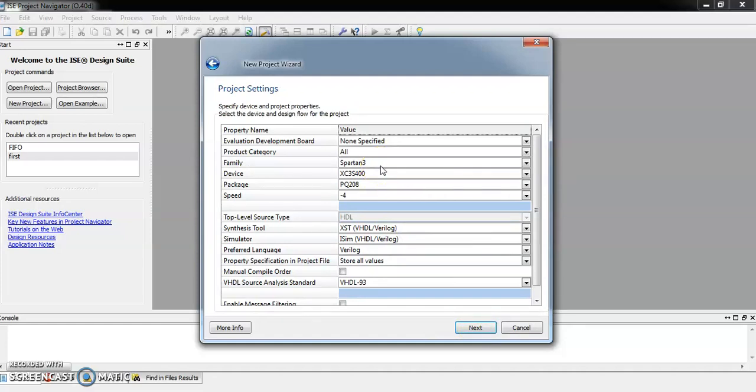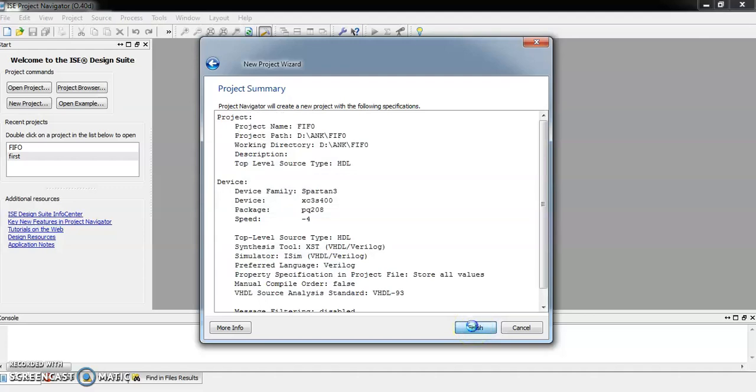Right now we have Spartan 3 XE 3S400, the package of the available device is PQ208 and the speed factor is 4. Also we have to select top level source type as HDL. Then you can click on Next and Finish.